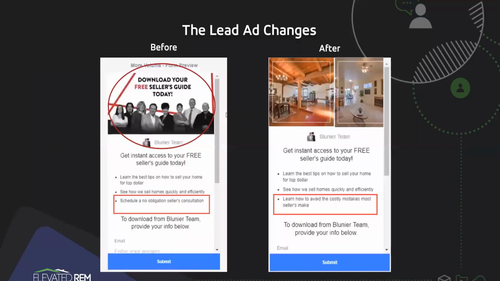We had a break in continuity of the imagery and then the schedule a no obligation seller's consultation. So what we did is we changed that out and we made sure that we included the actual ad images in there. And then we changed up that third bullet point, right? That benefit. And typically we only add 3 because 3 is going to be the magic number statistically throughout millions of different types of campaigns and marketers. 3 different types of benefits or options on the landing page or a lead ad